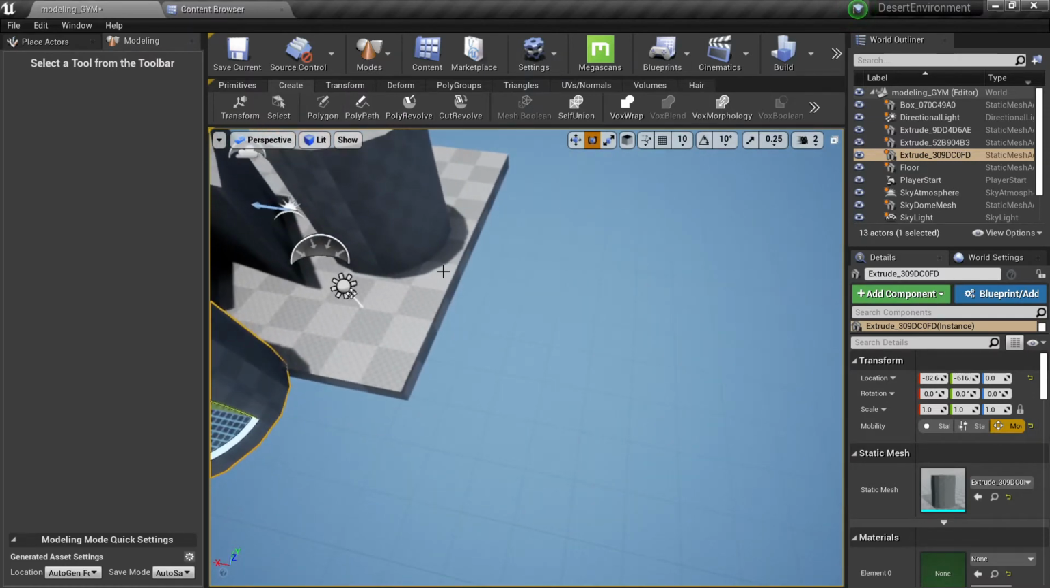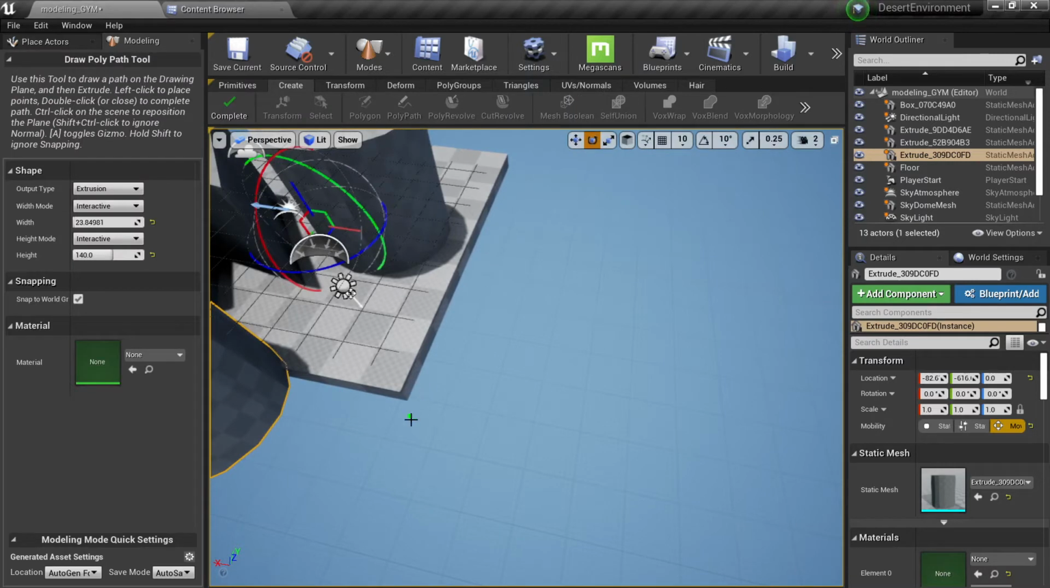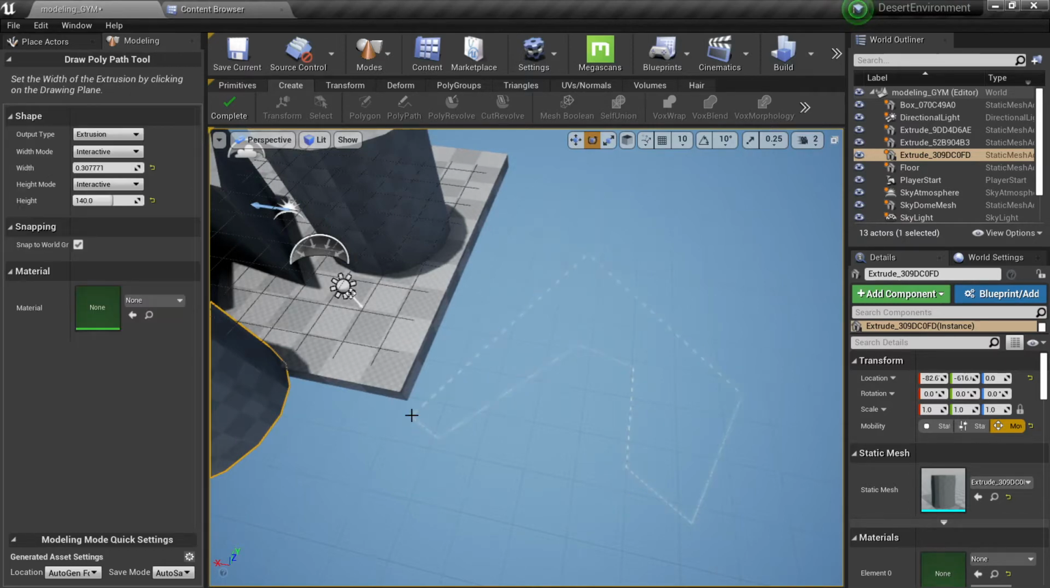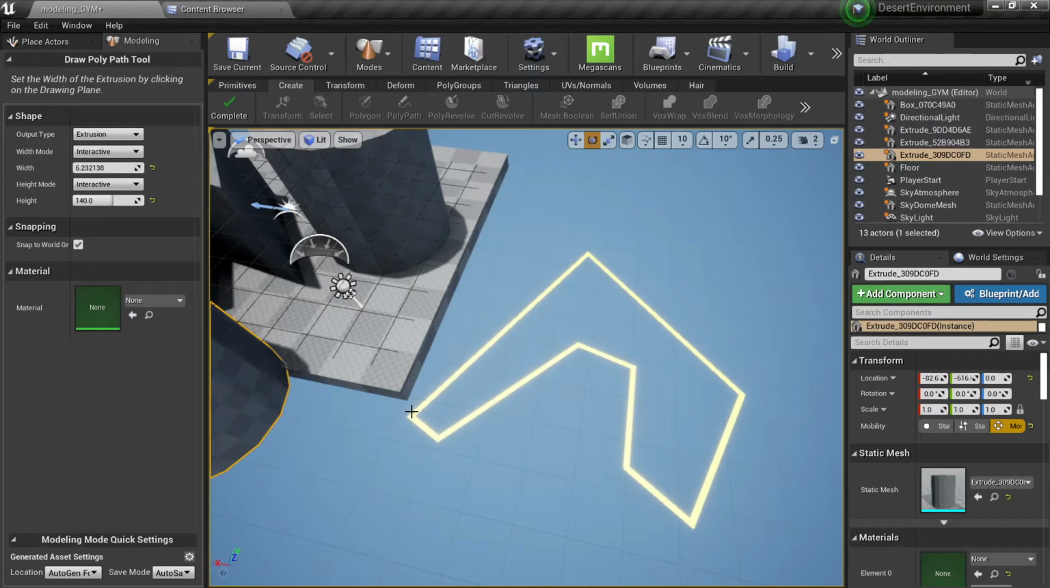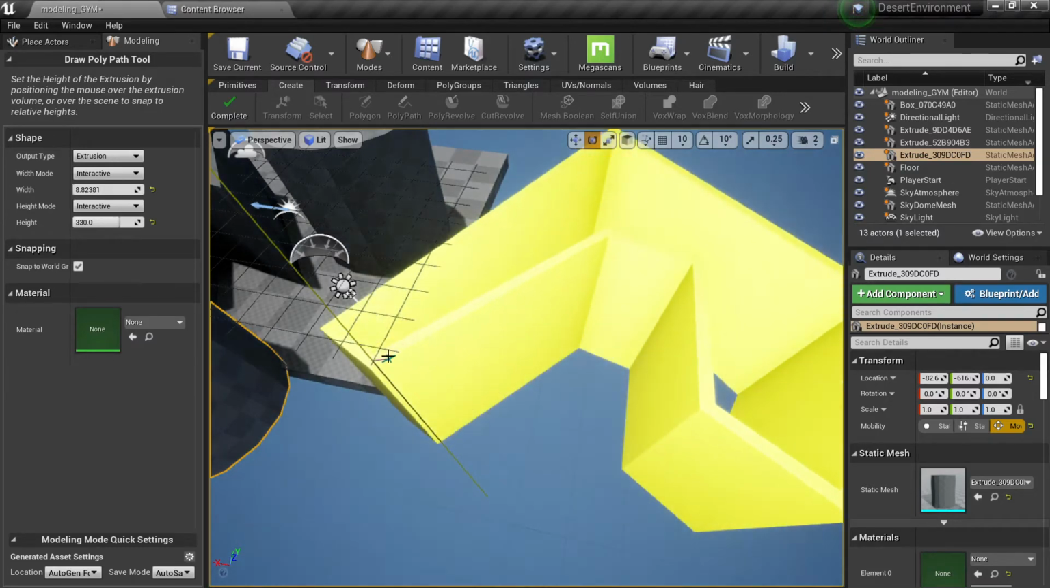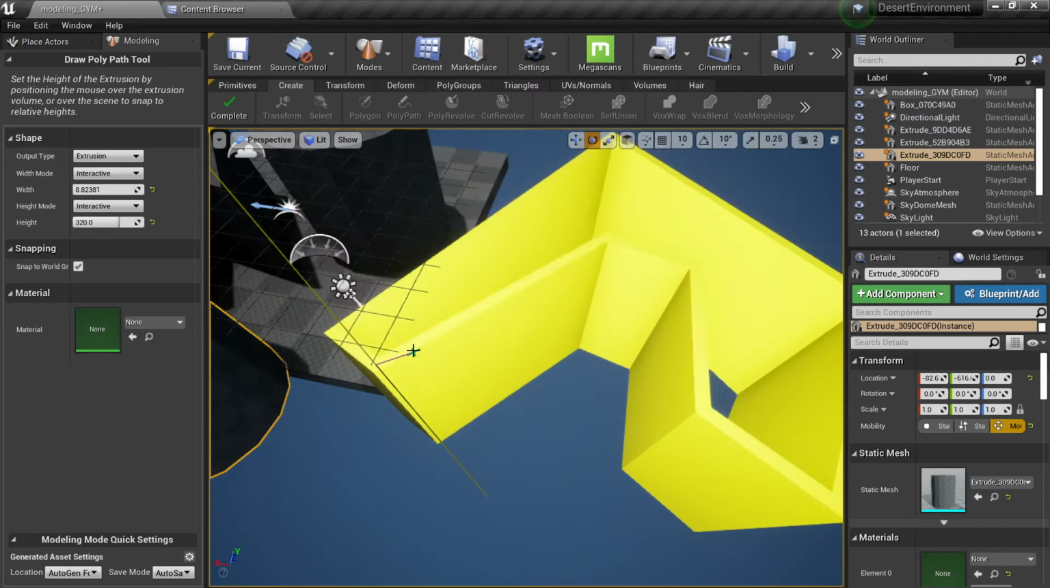This is like if you want to create walls for your game. For example, here you can create something like this, and then something will happen. You can actually add thickness to it, and you can see on the left my height mode is interactive and my width mode is interactive. So I just drag with the mouse, click when I'm finished, and then click again to drag and extrude